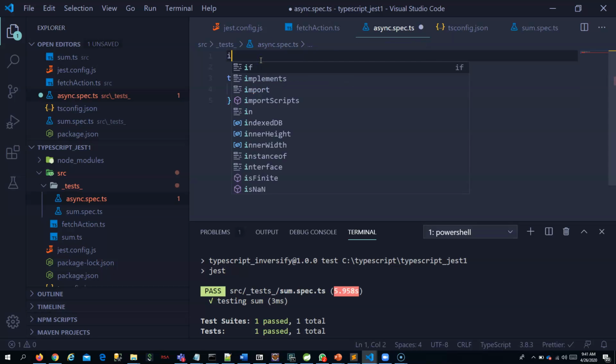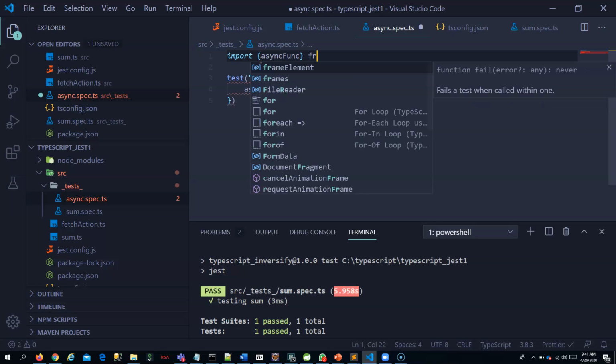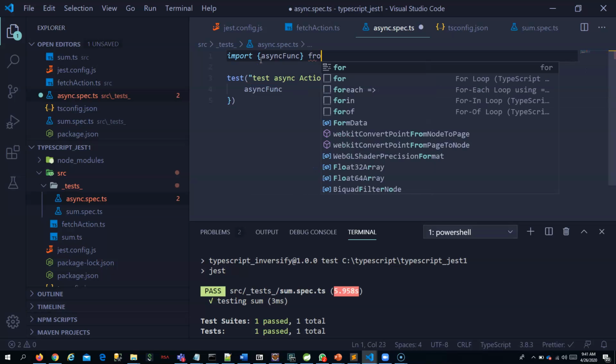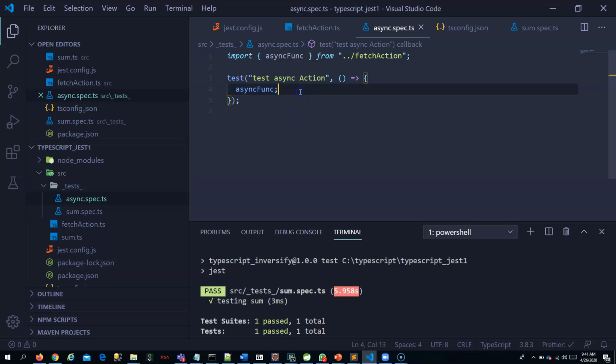The auto import is not working, so I will take it directly from here. You have to go one level up to fetchAction. No need of the JS or TS extension; if it is TS or JS, it is optional.